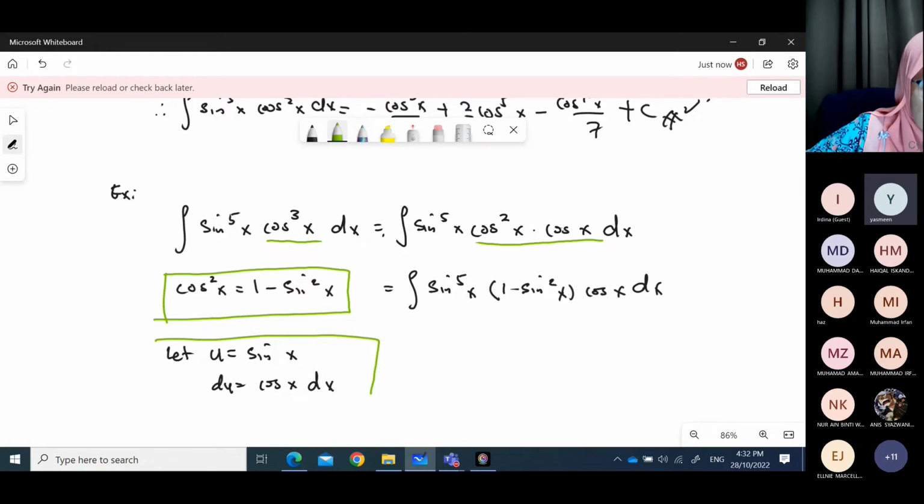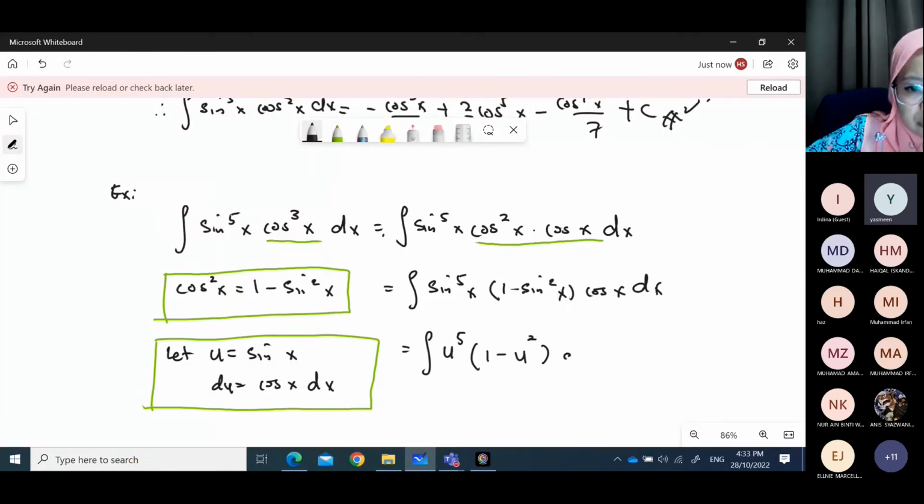Okay, so you gantikan sine x dengan u. So it is equivalent with integral of u to the power of 5 times 1 minus u to the power of 2, cosine x is du. Gantikan saja. Okay, so and then expand. Then we have u to the power of 5 minus u to the power of 7